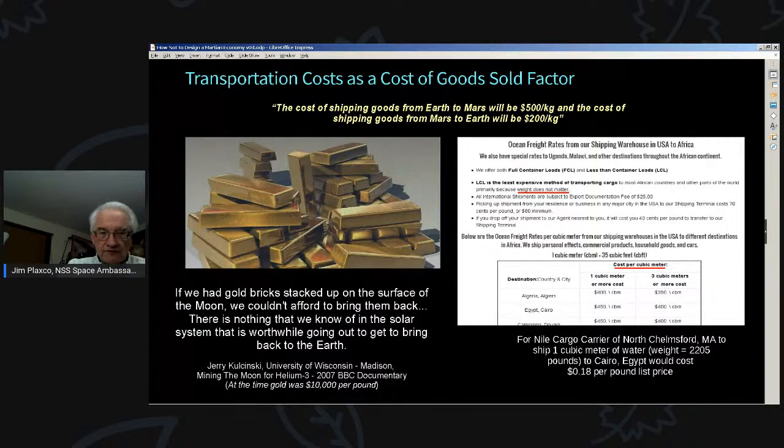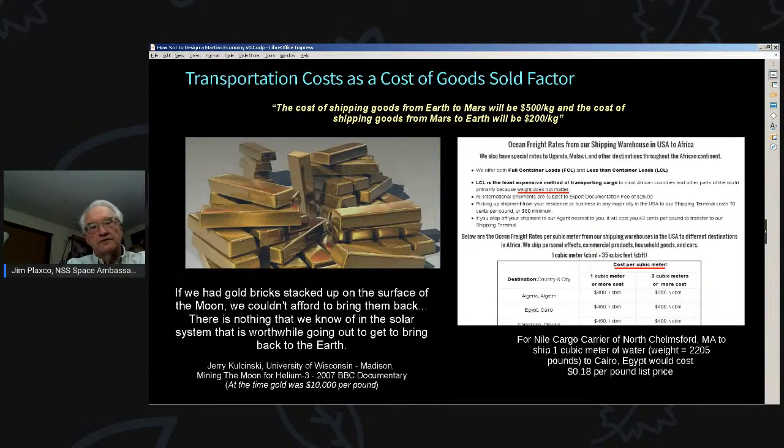So any product made off of Earth is going to have to compete with similar products that are made right here on Earth. Take water as an example. Now, this number on the right here for ocean freight rates is a few years out of date, but I looked at what it would cost me to ship bulk water from New York to Cairo, Egypt. And with no discounts, I would have paid a list price of 18 cents a pound. This was at a time when the cost of delivering payload to low Earth orbit was on the order of